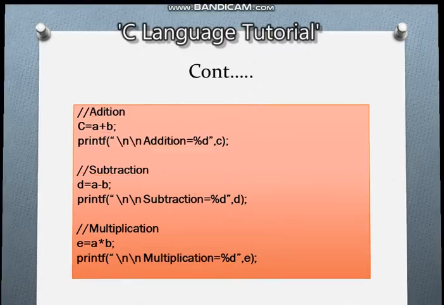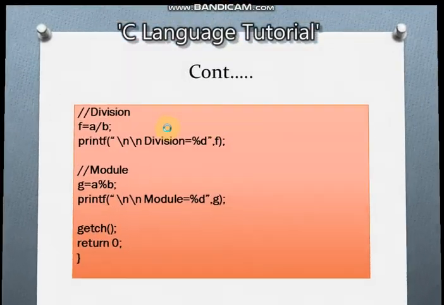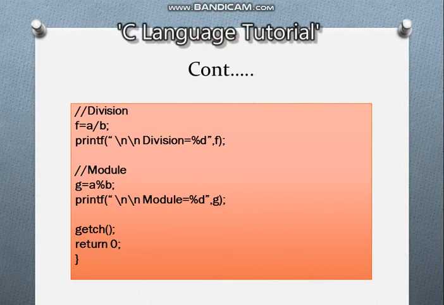Similarly for division and modulus. For division, the a value is 8, the b value is 4. So the result will be 2, which will be printed over here. And for modulus, the a value is 8 and the b value is 4.